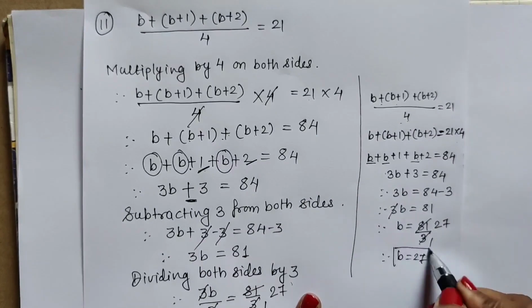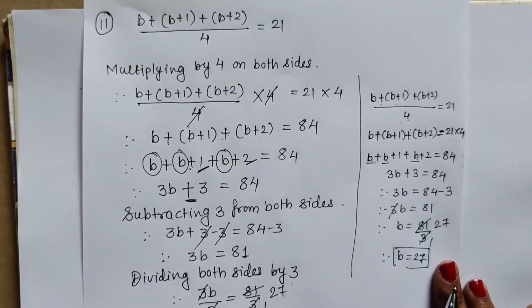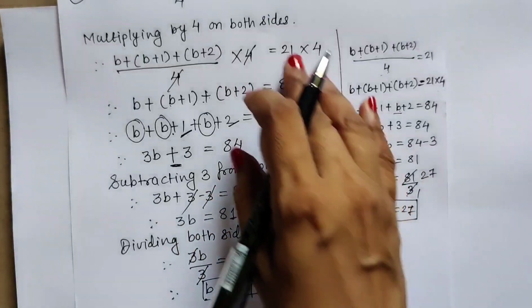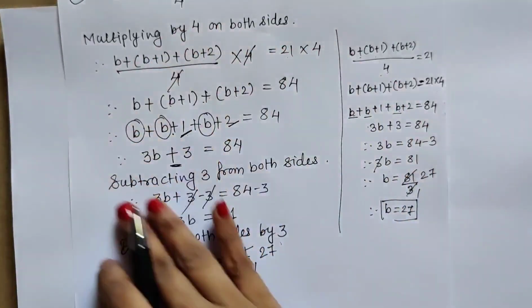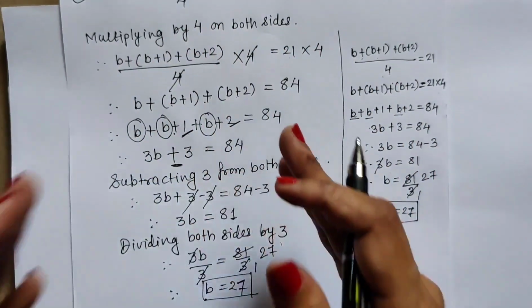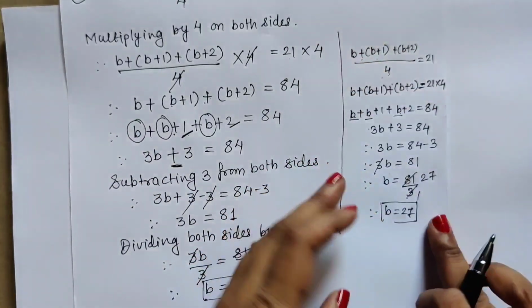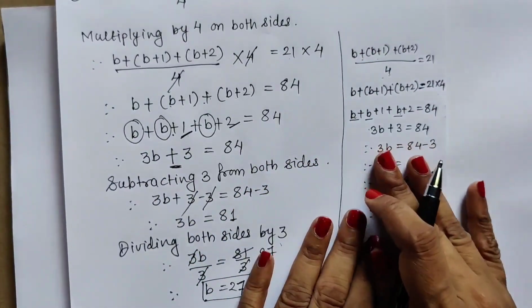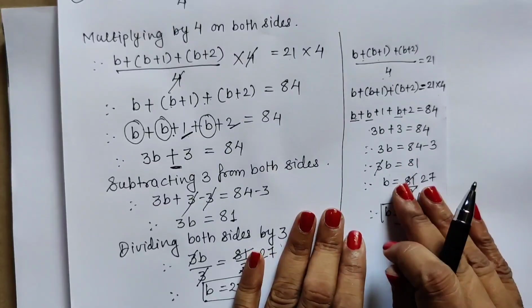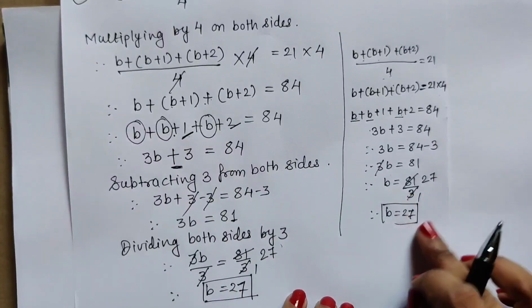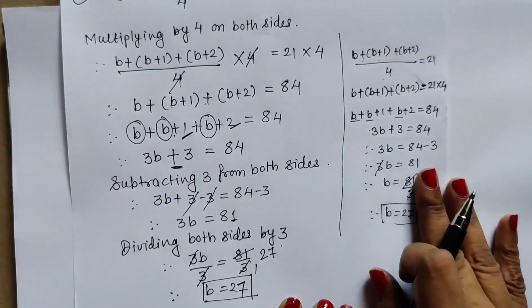In this way, this is the direct method of solving the equation. In the method of 12.1, we have to write all these things, we have to show each and every step. But this is called the direct method of solving the sum. This direct method we are going to apply to solve the equations from practice set 12.2.